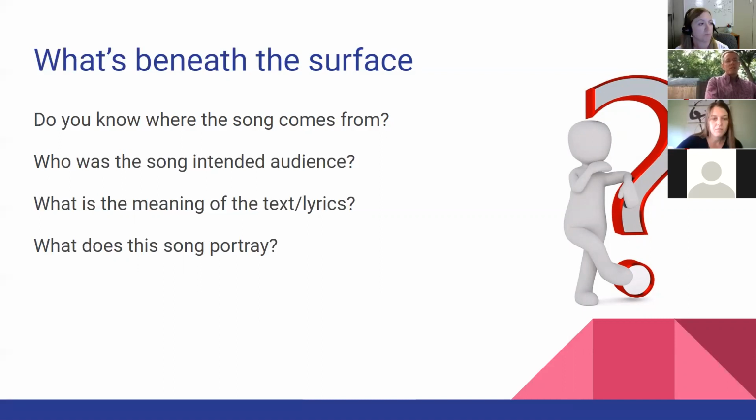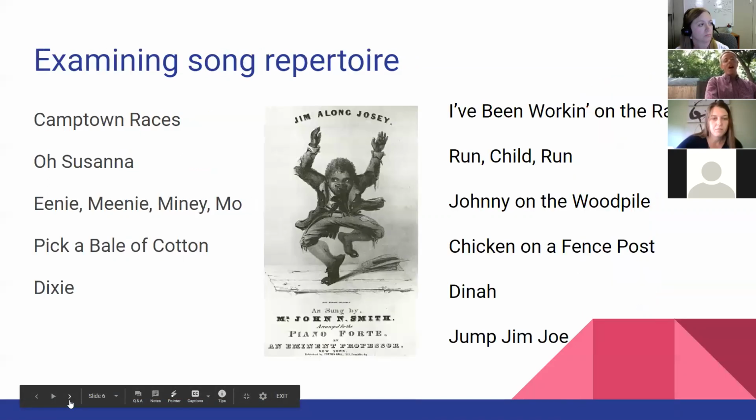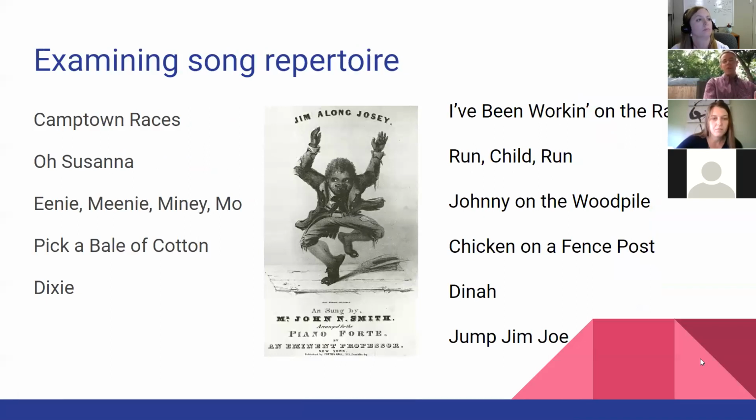With the primary students, K, 1, 2, 3, I don't really get into that. However, after reading a bunch of things, I need to do better with that and learning more of the backgrounds of certain songs. So looking at some of the song repertoire, and I'll be honest, I have used some of these in my classroom. That's what I learned.